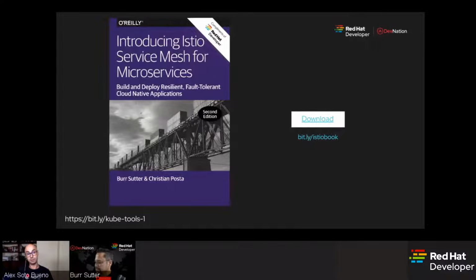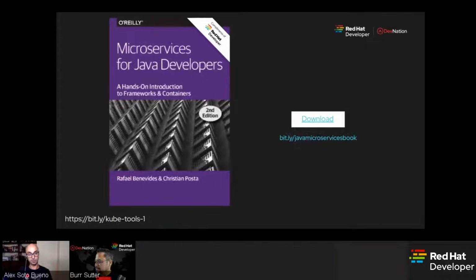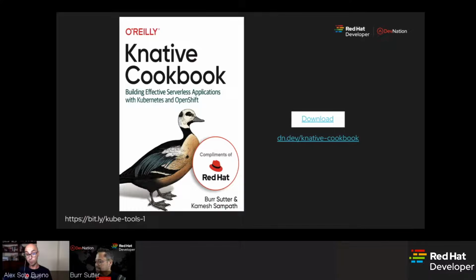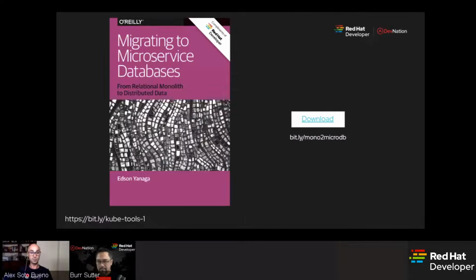And remember that if you want to learn more about Kubernetes, there are free books in the Red Hat Developer Portal. There is the Istio one, Microservices for Java Developers, Kubernetes Patterns, which is a really cool book, Knative Cookbook, if you want to start using serverless in Kubernetes, migrating to microservice